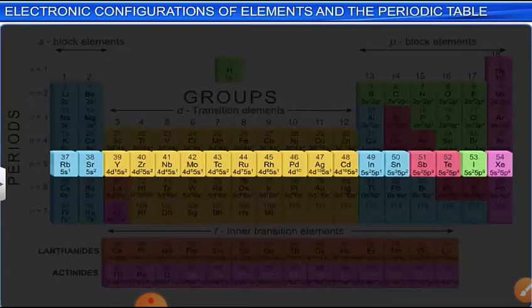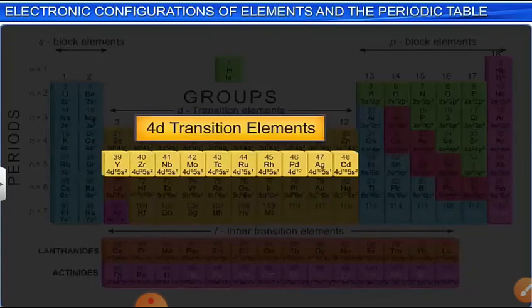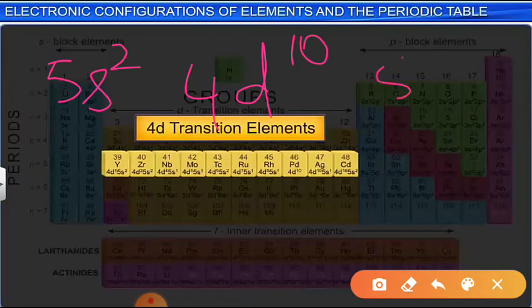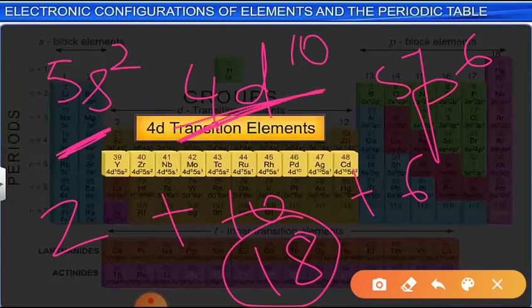Then in the fifth period, the next, fifth shell is being filled up, and it starts from rubidium and ends with xenon. And the orbitals that are being filled up are 5s with 2 electrons, 4d with 10 electrons, and 5p with 6 electrons. So a total of 18 electrons are being filled in the fifth period also. It starts with 5s, then in 4d when the electron enters, it's called the transition element, and then 5p.